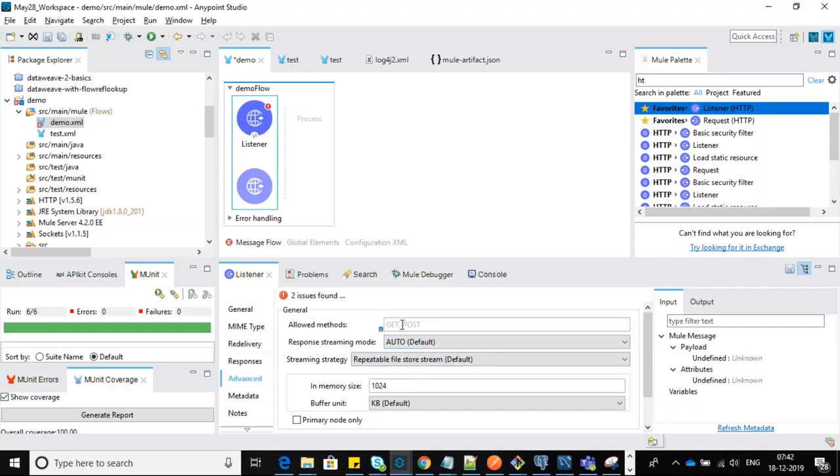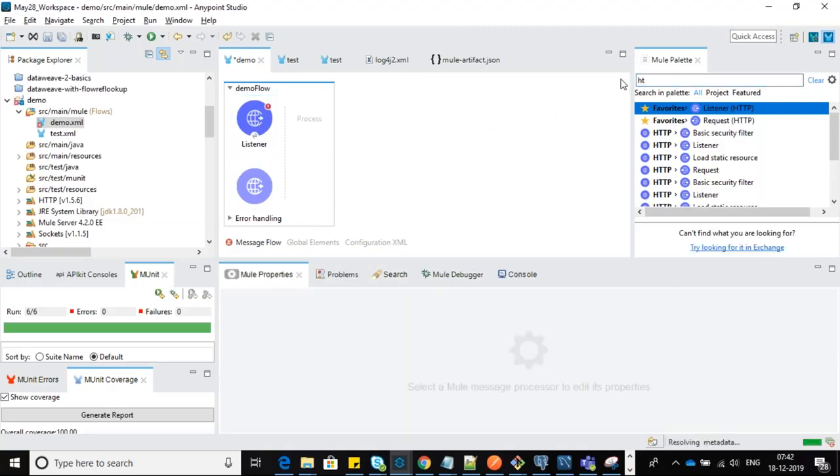Suppose I just want to allow only GET requests. It's basically optional. If you want to restrict it, you can restrict it. If you enable GET, I can only get GET requests. In your case, it's a POST request. We have to read the XML file, right? So the user might post it using this address. It will tell you clearly HTTP localhost or whatever the remote host is. If you deploy it to the cloud, we'll get some domain name. They can post it, and once posted, we can read the data, right?